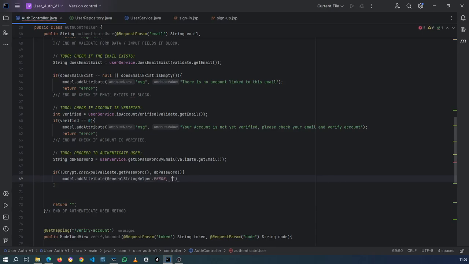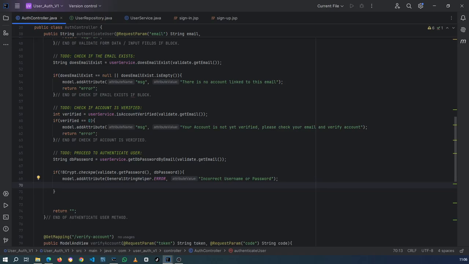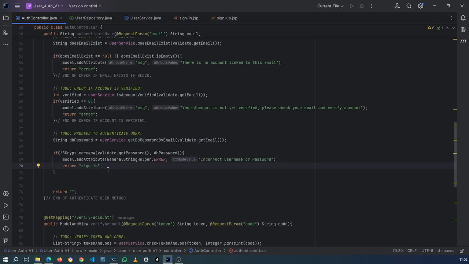And then here we're gonna say incorrect username or password, and then we're gonna obviously return to the sign in page. Okay, so from here